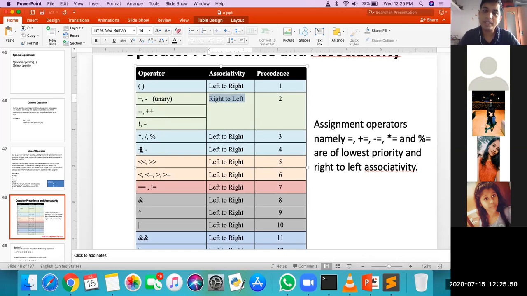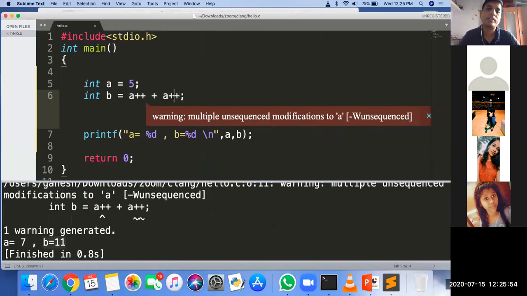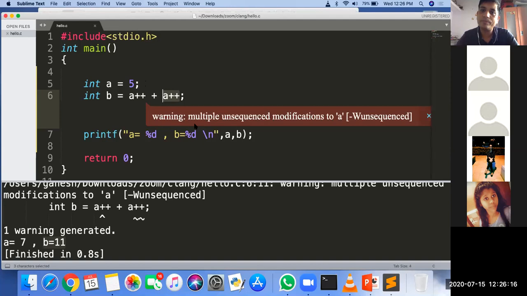After plus plus, then this binary plus will get solved. Is it clear? Yes, sir. Next one. Out of these two expressions, which expression gets solved? Rightmost. Now what does post increment tell us? Post increment tells that first apply the value. In our expression, we have to apply the value. What is the value of it? First it is assigned to B, which means it should be 5 there, and A will become 6.